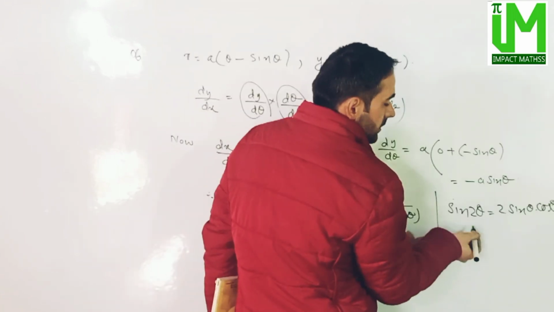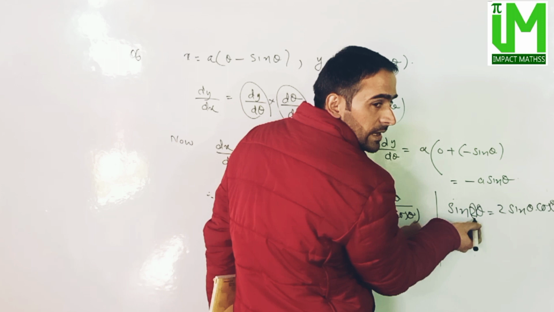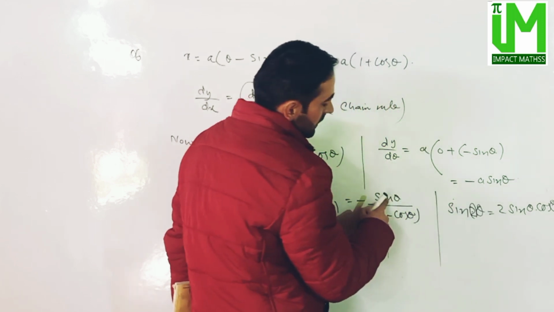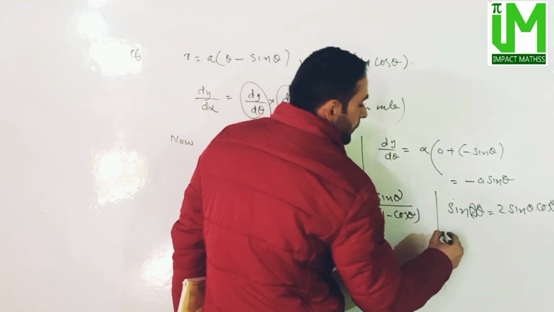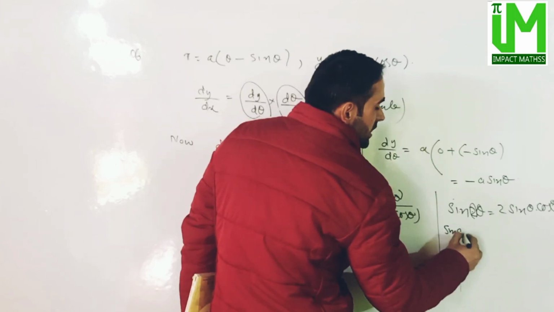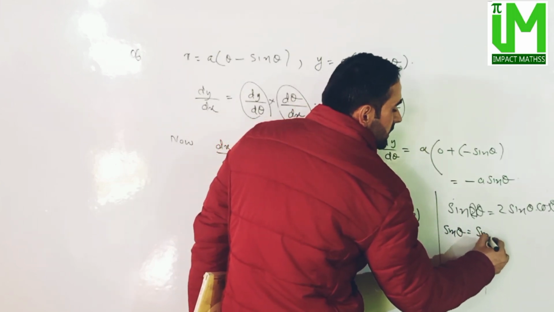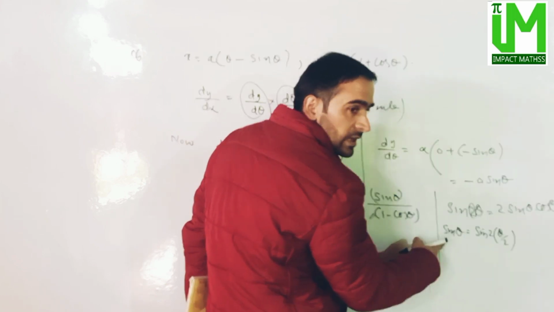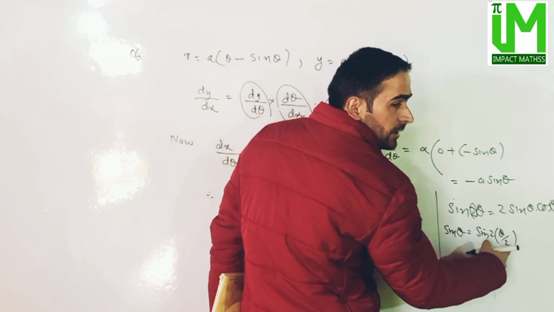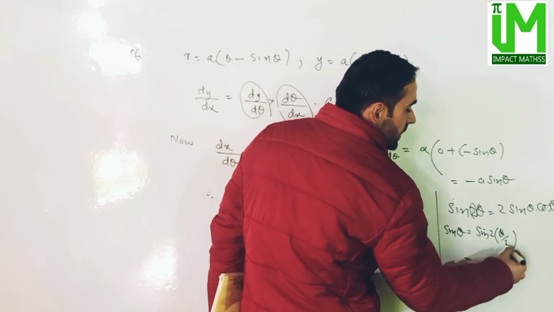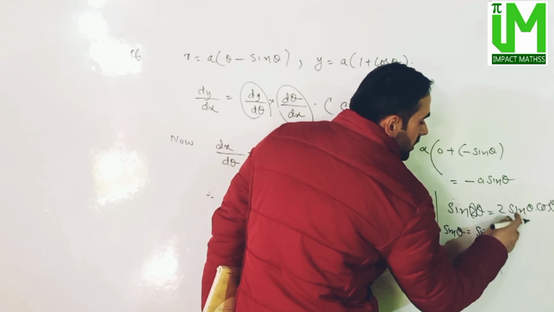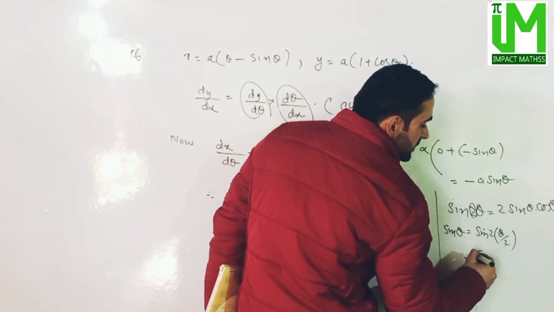ठीक है, but when we have angle twice, we have sin 2 theta, twice angle. So if you apply it here, sin theta. Now sin theta, as we know, can be written as sin 2 into theta by 2. ठीक है, अब इस पे डबल एंगल फॉर्मूला अप्लाई कीजिए. So it will be sin of 2 theta equal to twice sin theta